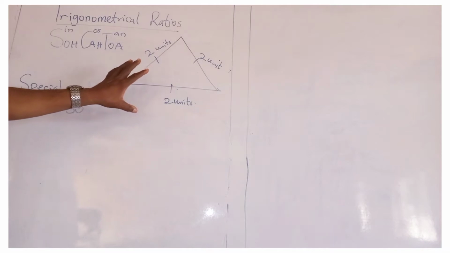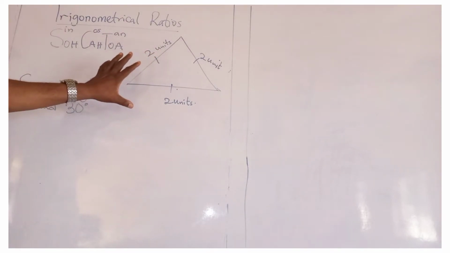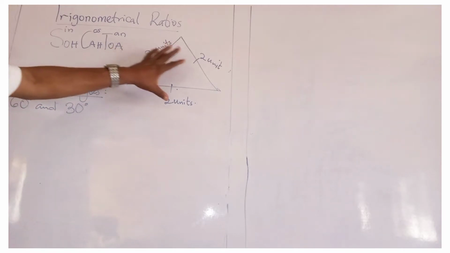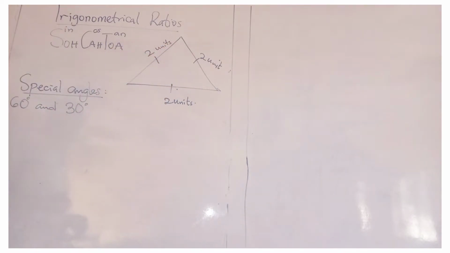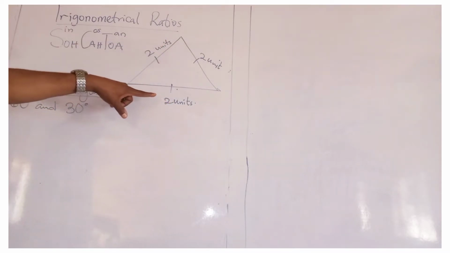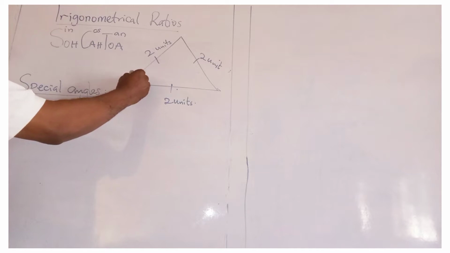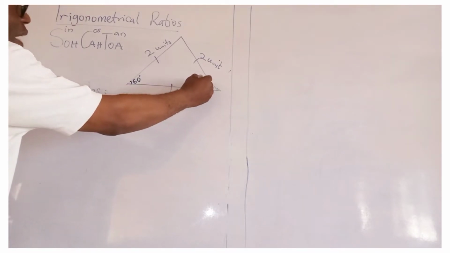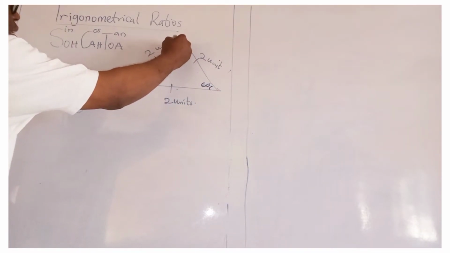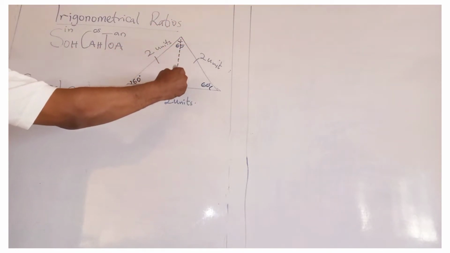Now let's consider an equilateral triangle. An equilateral triangle has all three sides equal. So let's assume that each of the sides is two units. Of course, one of the properties of an equilateral triangle is that all the angles are 60 degrees. Now, if I draw a line to bisect